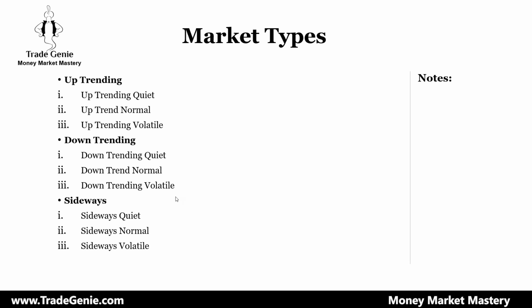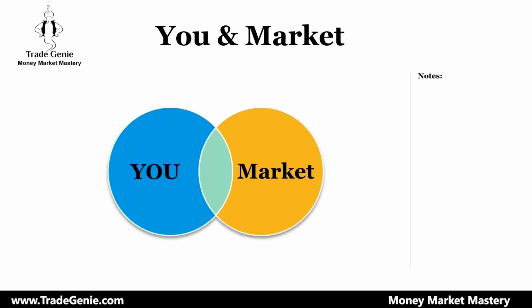Keeping that in mind, I created this slide as a Venn diagram. You are the one unique person in the world. That's the way God has created. There's nobody like you, there was nobody like you, and there will never be anyone like you. Me is me. Nobody came, nobody will come. I'm the only one. So you are the only person, and there are so many kinds of market.